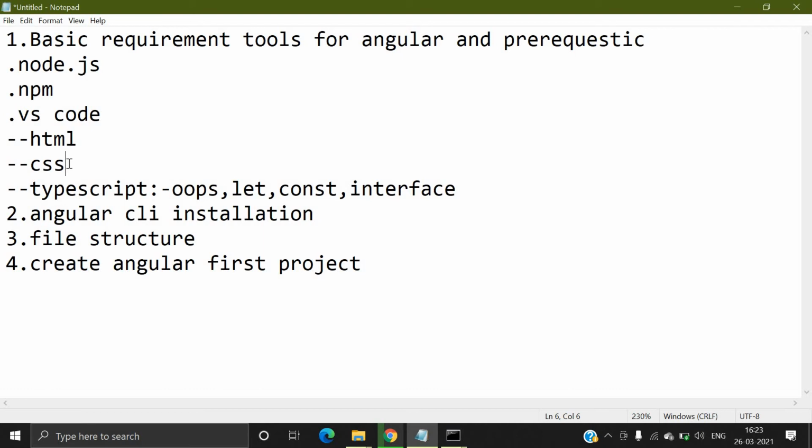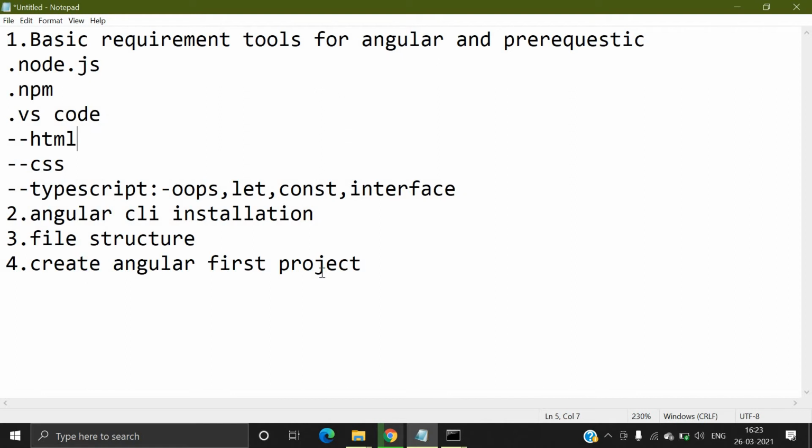These are things you must have basic knowledge of in CSS. And for HTML, you must have a basic understanding of what a tag is, what elements are, and how to create a form by using the form tag. You must know the basics of these things.